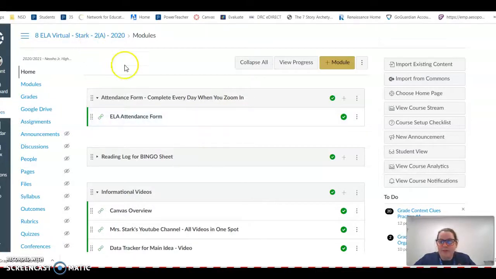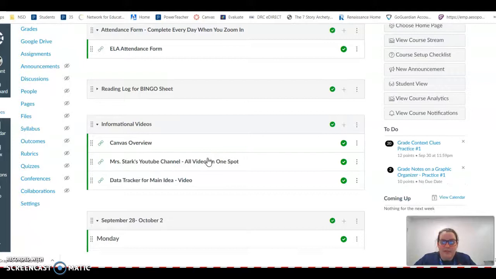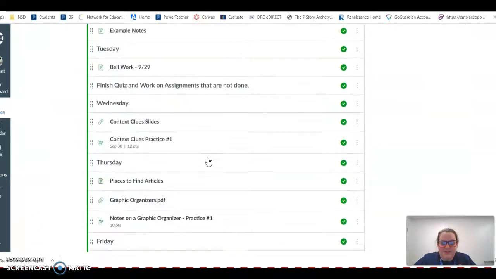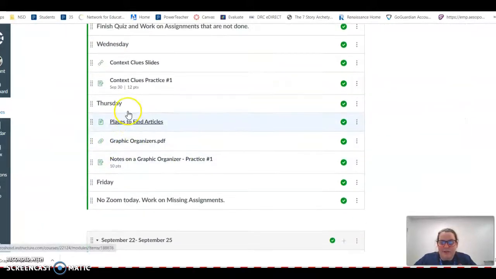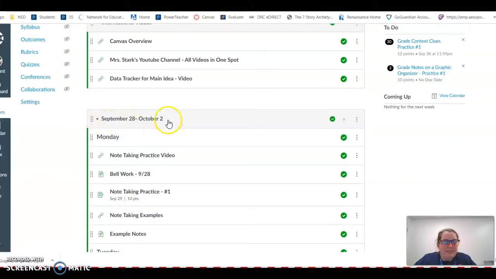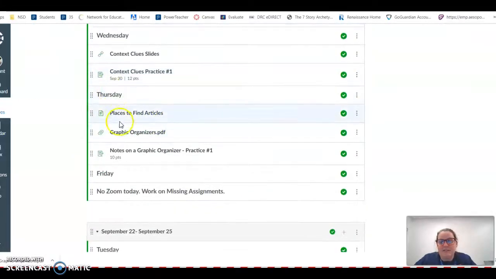Hello everyone, we are going to be talking about using a graphic organizer to take notes. So I am going to go to this week, September 28th through October 2nd, and go down to Thursday. So we're going to look at some graphic organizers and how we can use those to take notes on what